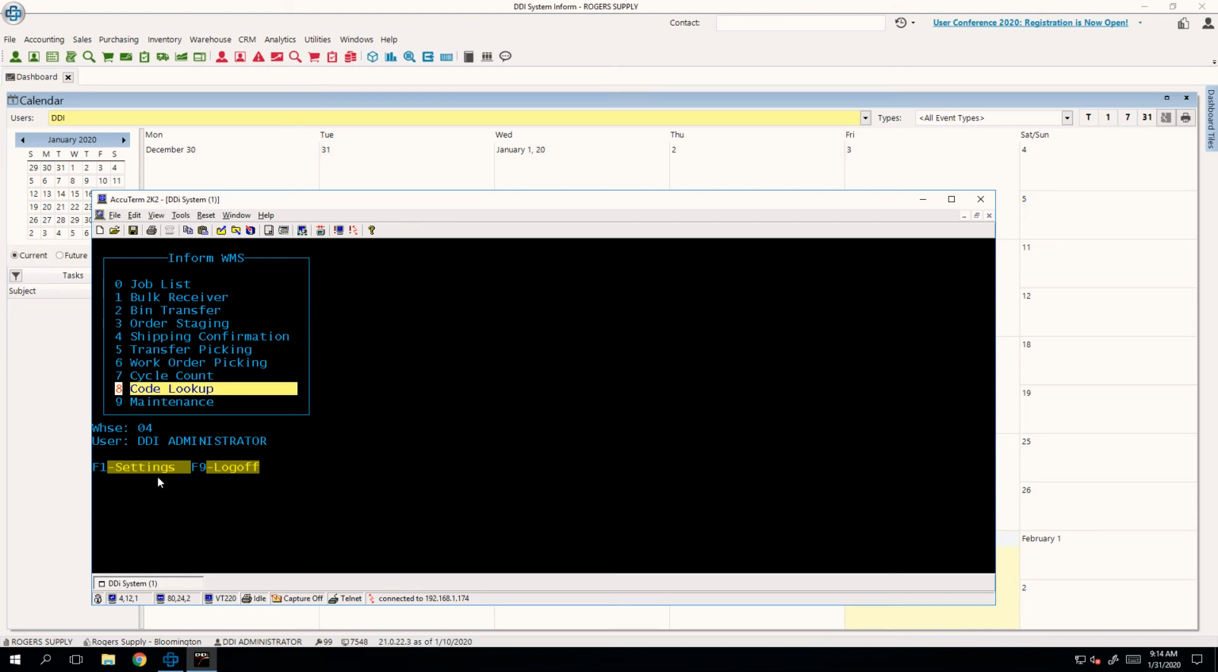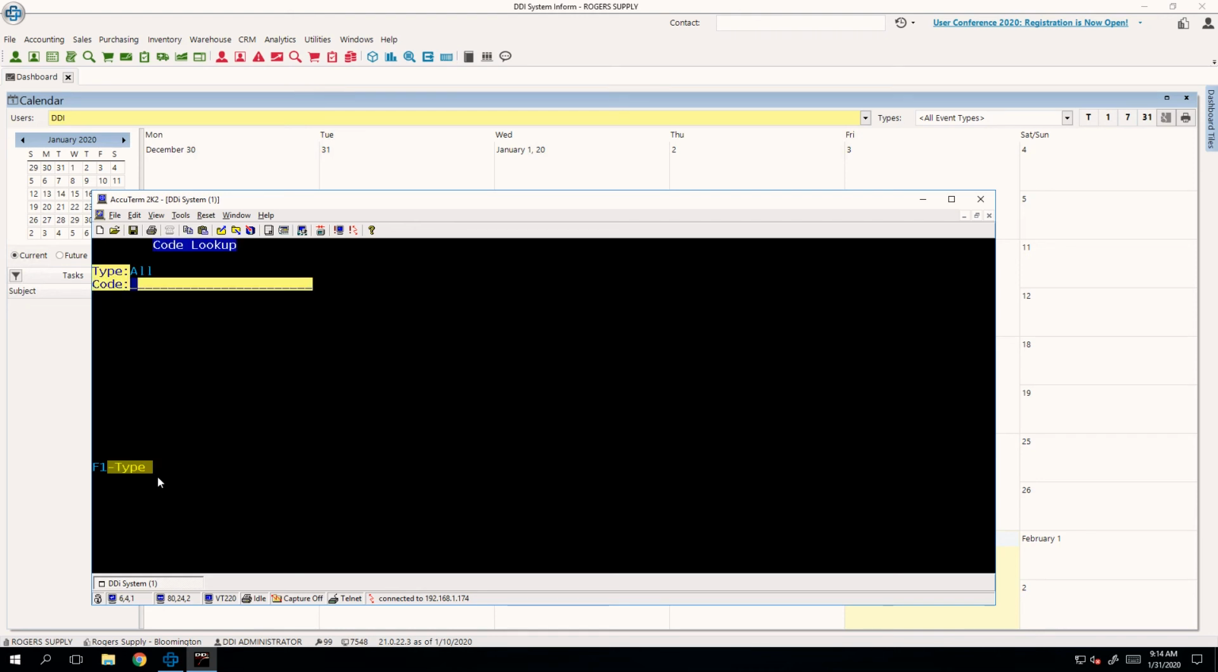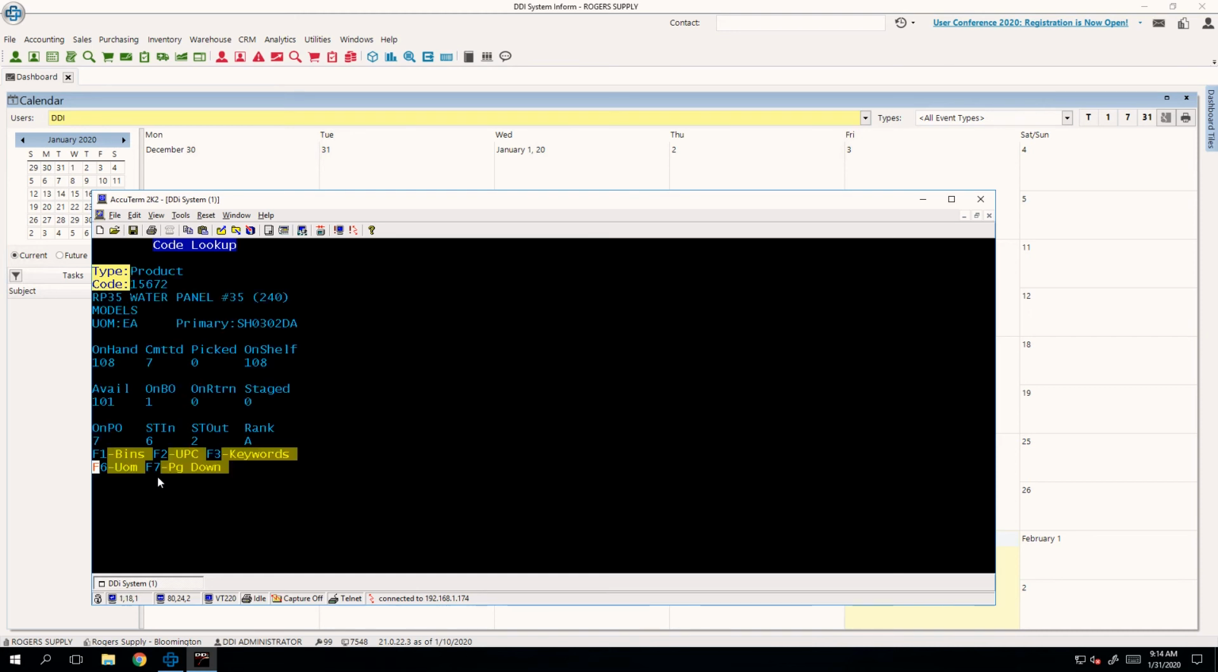Code lookup is a great screen. It's informational, but it gives you a lot of data. So I could come into my code lookup and enter a product number or a serial number or a bin location. But in my example, I'm going to use a product number. Once I do this, it gives me the product code, lets me know that this is a product, that's what the type is, gives me the first 2 lines of the description, so I know this is an RP35 water panel number 35. The unit of measure, which is an each,